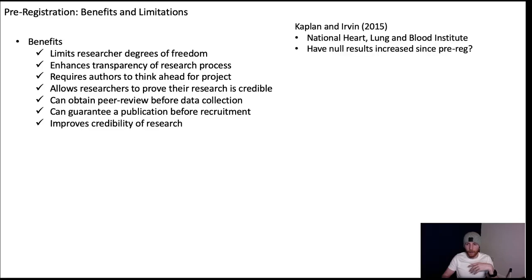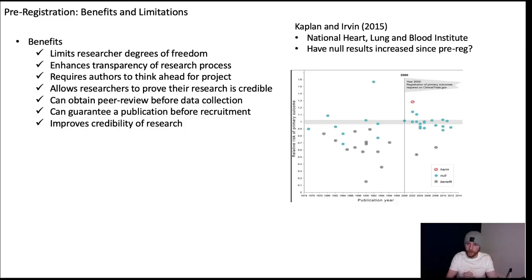For example, Kaplan and Irvin looked at studies conducted and submitted to the National Heart, Lung and Blood Institute. Now, in the year 2000, the NHLBI required researchers to start pre-registering their studies. And Kaplan and Irvin were wondering, did this make an impact on the results that studies reported after 2000 compared to before? Now, if you look at this graph, on the bottom, on the x-axis, is the publication year, and